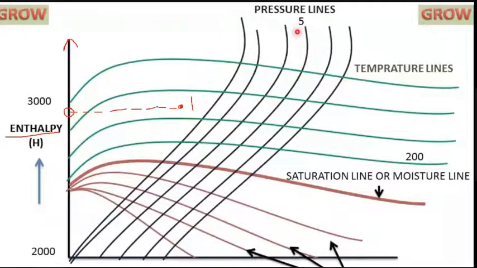And to find the entropy, you have to draw a vertical line because x-axis is mentioning about entropy. While drawing a vertical line, you will reach at x-axis, and this value will be the value for entropy. Okay, so in your mollier chart,